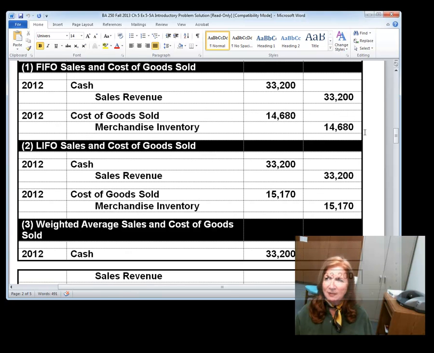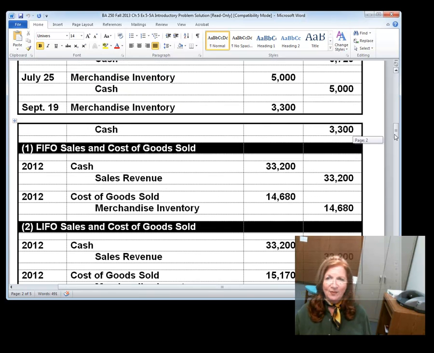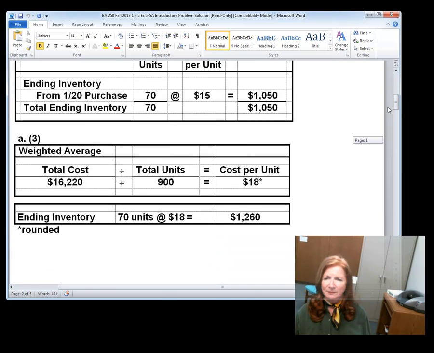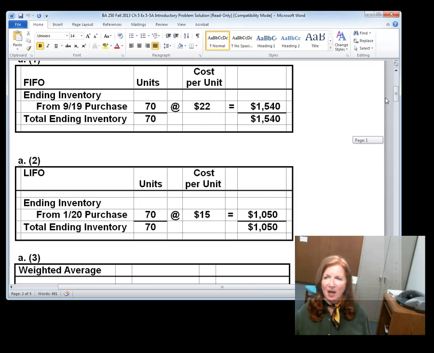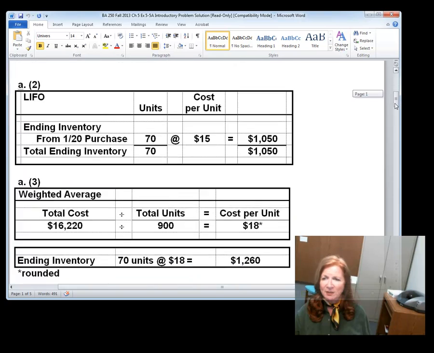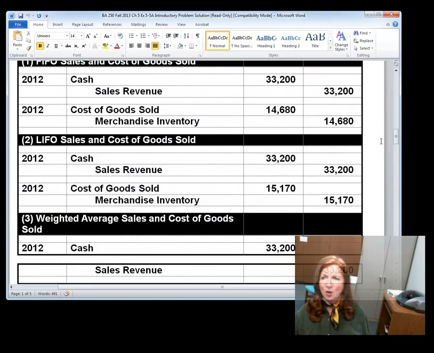So the cost of goods sold here is the inventories that we did for FIFO. So for FIFO, we had cost of goods sold, and we would have purchases minus our ending inventory of $1,540. So purchases of $1,622 minus the ending inventory of $1,540 to get cost of goods sold of $1,460. Remember, cost of goods sold is going up with a debit because it's an expense, and merchandise inventory is coming down with a credit because it's an asset. So those two accounts are both changed by